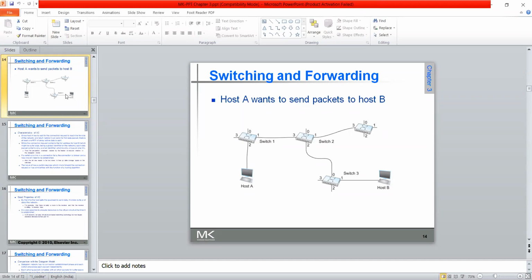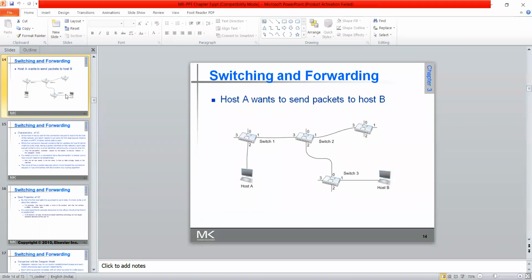In that table, the input from host B is 1 and the output is 0. That information from switch 3 will be sent to switch 2, where switch 2 will take that VC table and check the unique number. Yes, it is correct, this belongs to this particular VC table only.